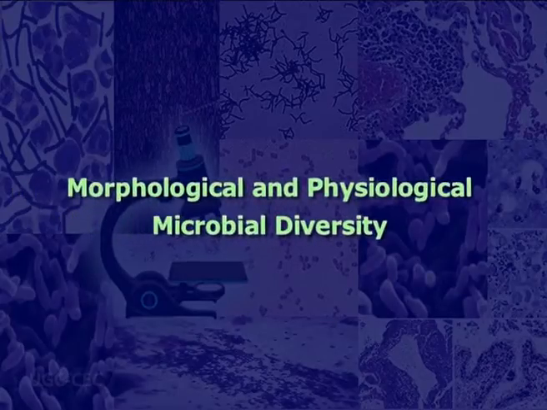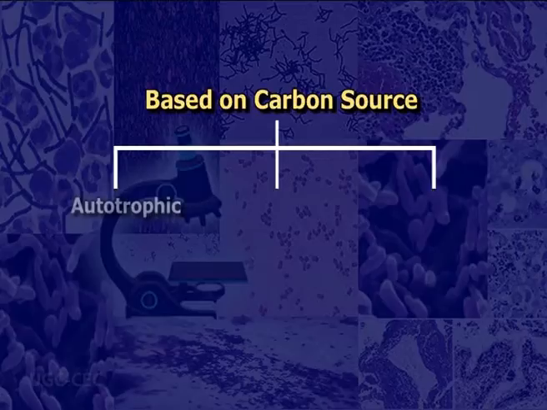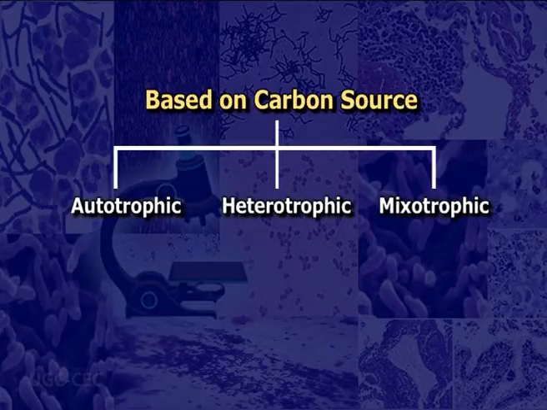Now, next is metabolic diversity. Nutritionally, microorganisms are highly diverse as compared to any other life forms on earth. They show great versatility in metabolism. Principally for carbon source, all microorganisms show autotrophic, heterotrophic or mixotrophic metabolism for synthesizing cell mass. That is, carbon is obtained from carbon dioxide, or from organic compounds, or from both organic compounds and by fixing